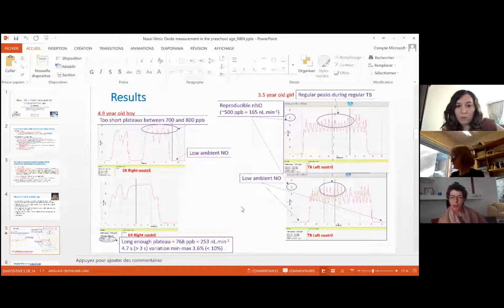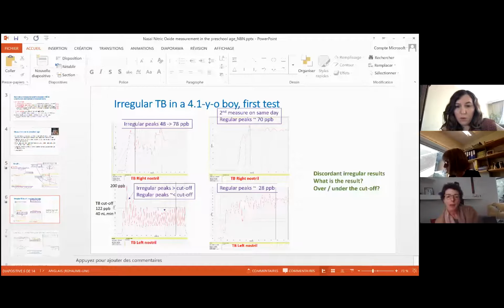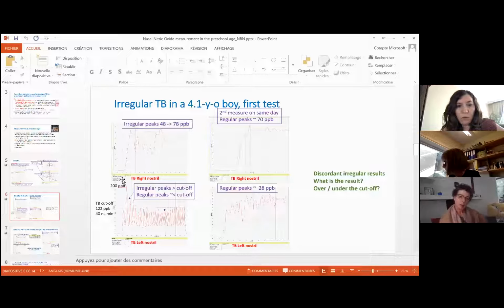And I show you this to now show you not perfect traces, because life is not perfect. So we will now look at this part of the screen. This is a 4-year-old boy who is coming for the first time to our laboratory, and the first tidal breathing in the right nostril, you see, is very irregular. It's slow and irregular. So we said, okay, we try the left nostril, and the breathing pattern is regular,